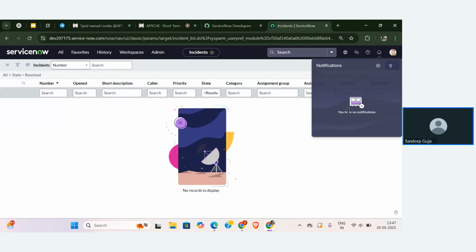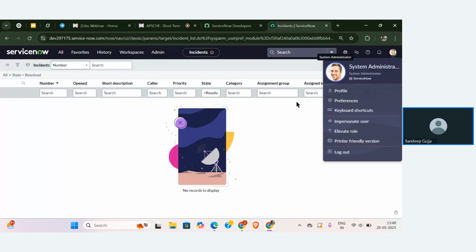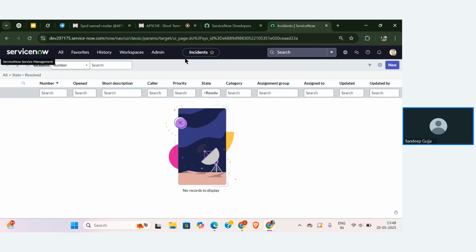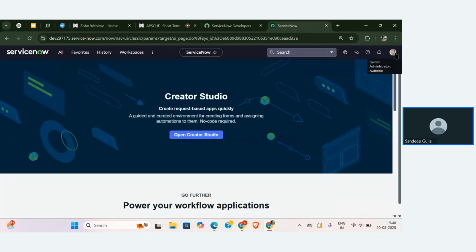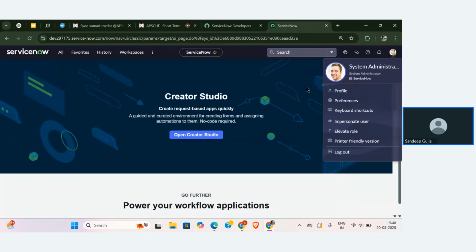You all know about the notifications, right? Whatever the updates that you get or whatever the updates done by anyone in your organization, in your instance, that will be automatically notified by the admin in the notifications. In the form of mail, in the form of SMS, in the form of notification, anything is fine, but that will be added to this particular page here. Whereas coming to the last thing, that is user menu.